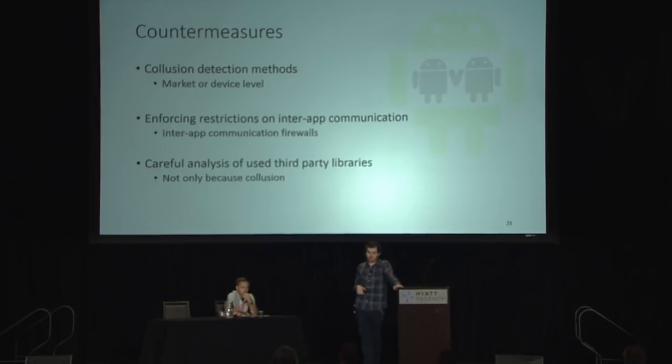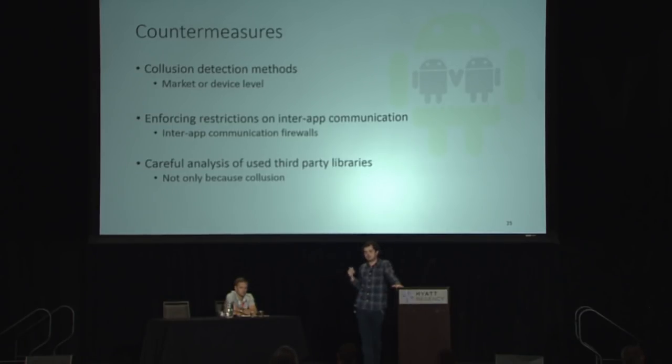Then it would be interesting if Android had a system to enforce or to check how apps communicate with each other. I know that at some point Android implemented a kind of intent firewall, but it's not being used. So applications can use intents and broadcast intents freely, and the user doesn't get any kind of notification when two apps are communicating.